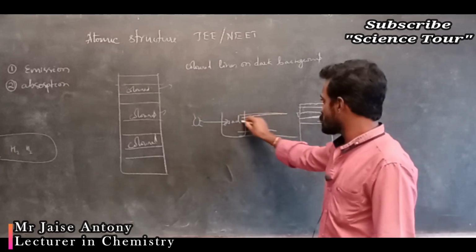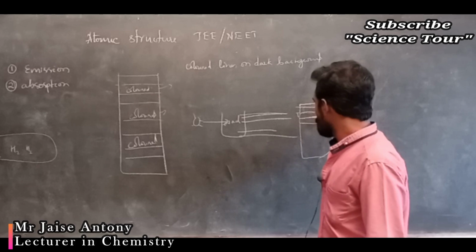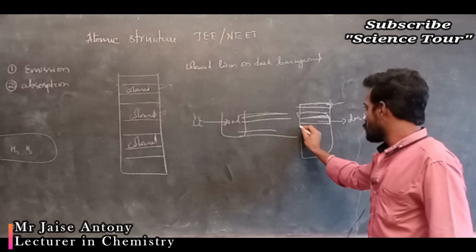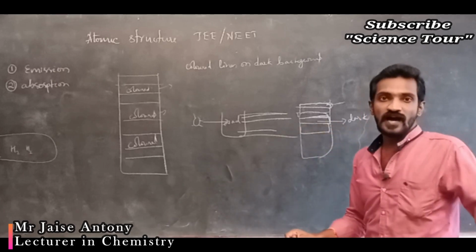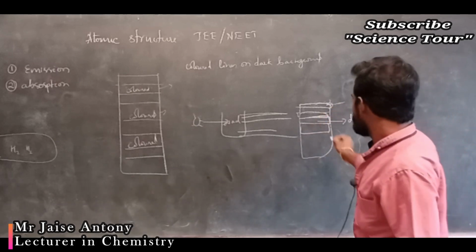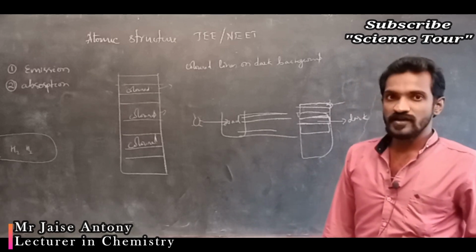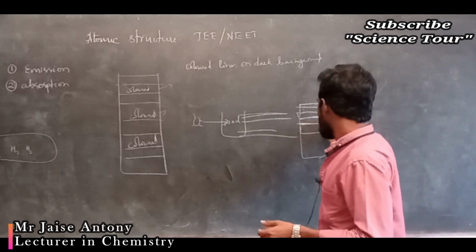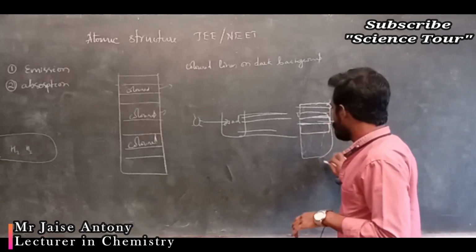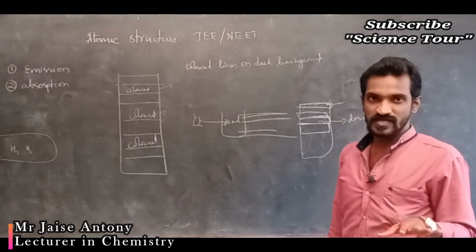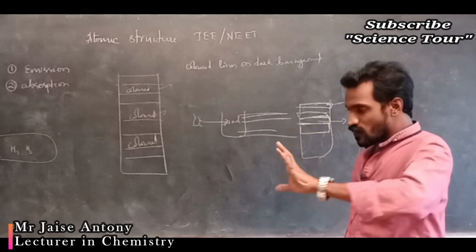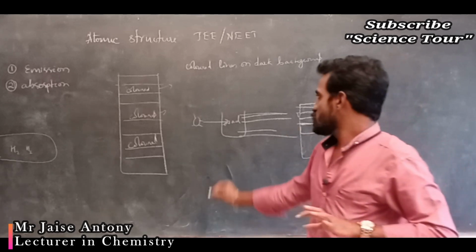The remaining colors are transmitted and you arrange them in a pattern. This may be violet, this may be blue, or some other colors. But two wavelengths are absorbed, light yellow and bright yellow. At that point you get a dark background, and for the other yellow color also you get a dark background. Dark background means a dark line, and the remaining is all colored. This is nothing but a line spectrum, or you can call it a band. What happens in this one? A few wavelengths are absorbed by the sodium chloride solution.